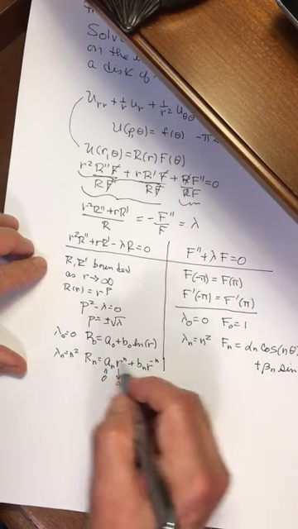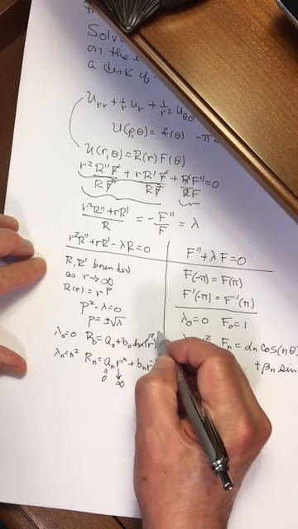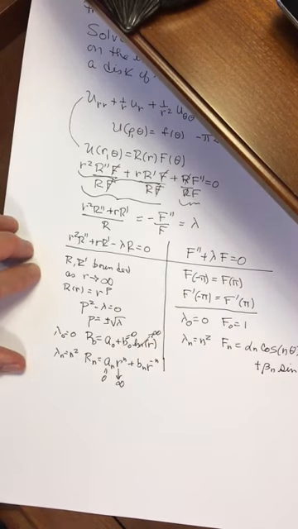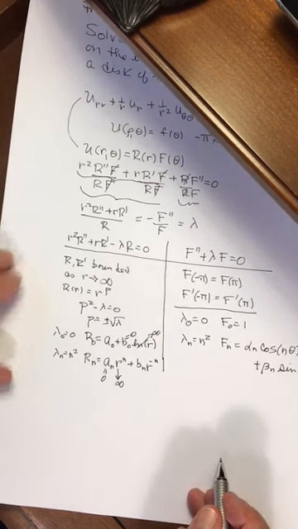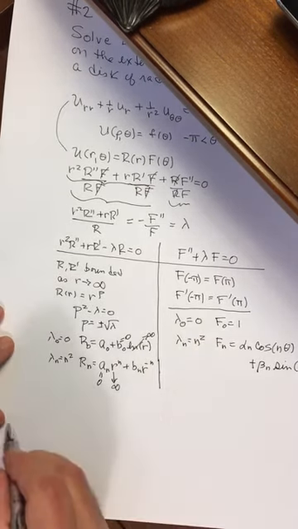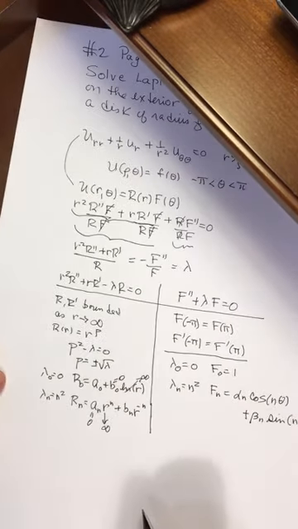As r goes to infinity, a0 is just a constant, but we know that this piece goes to infinity as well, and so we're going to again have to choose b0 to be 0. So now we have the solution of the eigenvalue problem and the r equation, and we can construct our general